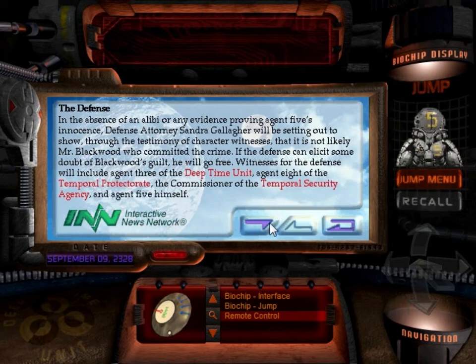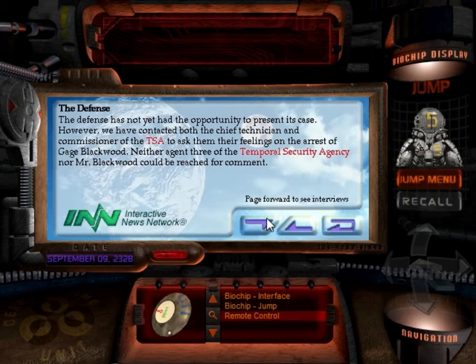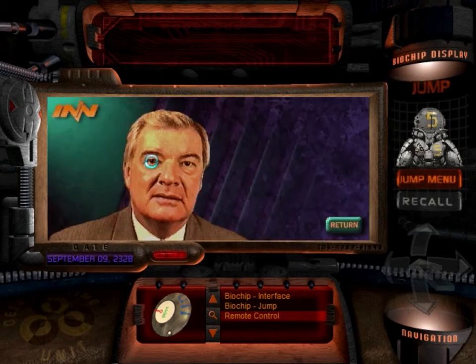Defense. In the absence of an alibi or any evidence proving Agent 5's innocence. See, only some of these are narrated. It's kind of weird. Setting out to show, through the testimony of... So yeah, pause and read that. The defense has not yet had the opportunity to present. Pause and read that. However, we have contacted both the chief...